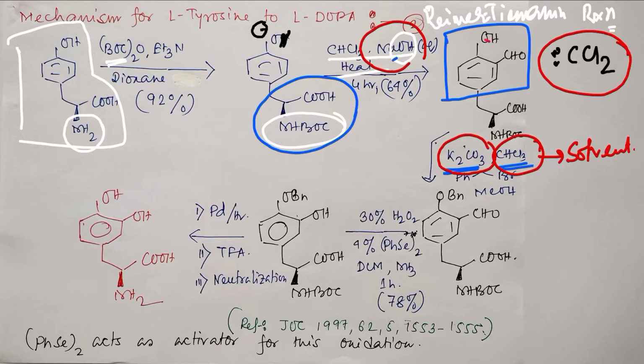Now let's compare. Previously at the initial stage it was a simple phenol derivative, and right now this is an ortho-hydroxyphenol. Because of the electron-withdrawing capability of this formyl group, the acidity of this phenolic OH increases. So that's why this is abstracted first by K2CO3. Further, O minus generates, and this acts as a nucleophile and attacks the benzyl bromide derivative,